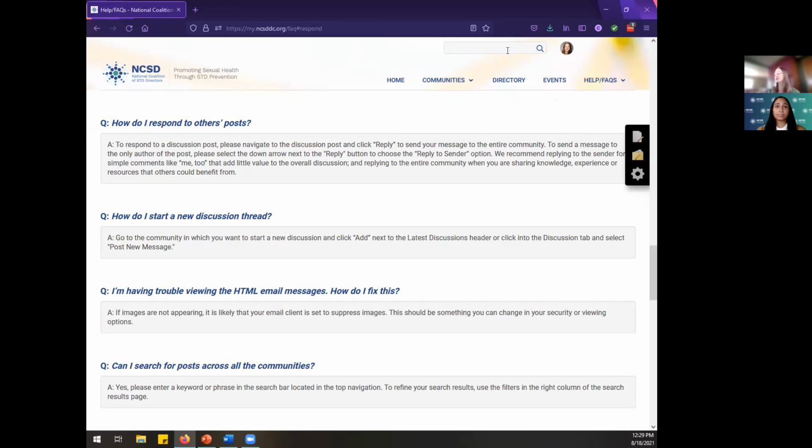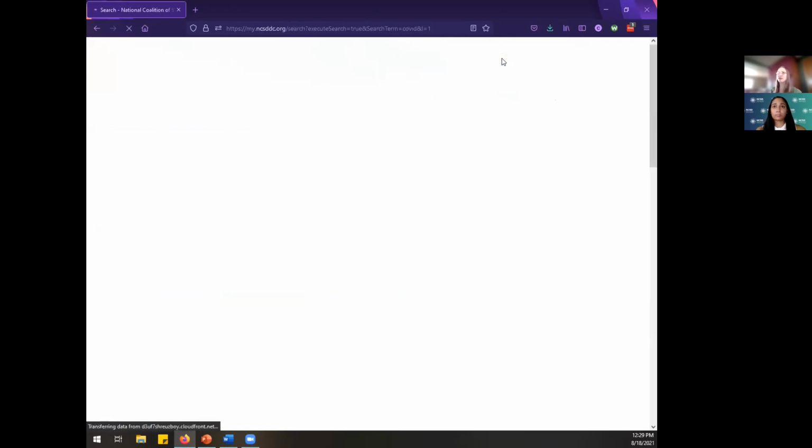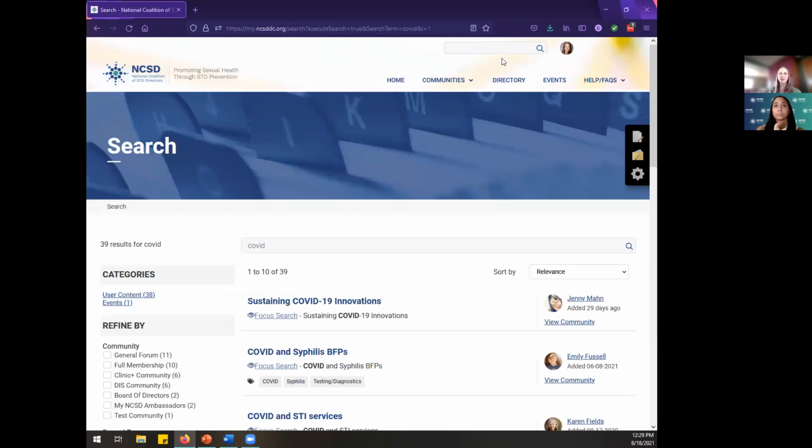Actually, next, let's look at the search really quick, and then I'll move into the profile settings. Like I mentioned, there are tags throughout the content, the discussion posts and library entries within the community, that you can click on and find related content. And that's going to give you content for all of the different groups or communities that you do have access to. So it's not like it's going to limit you just to the content within that single group you clicked it. You're going to get anything throughout all of MyNCSD. So you're really finding all of the related content that might be able to help you out immediately.